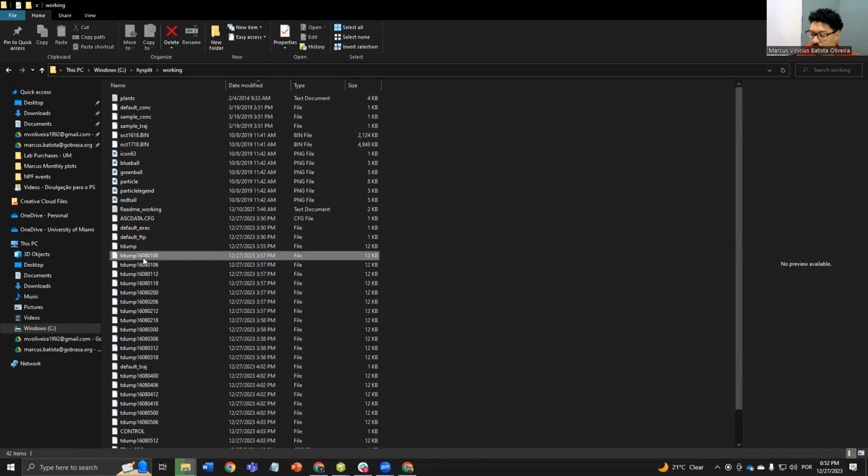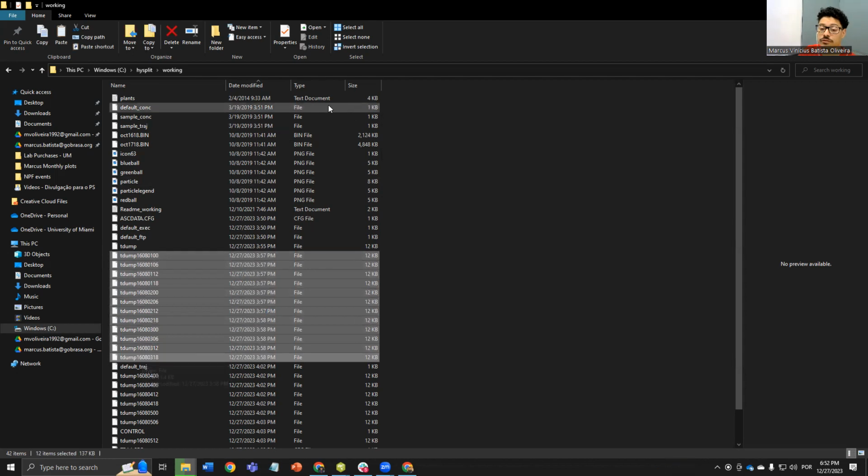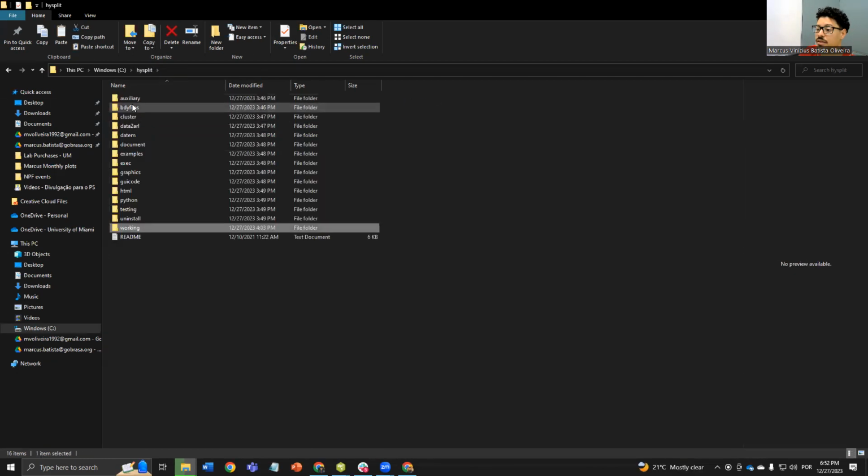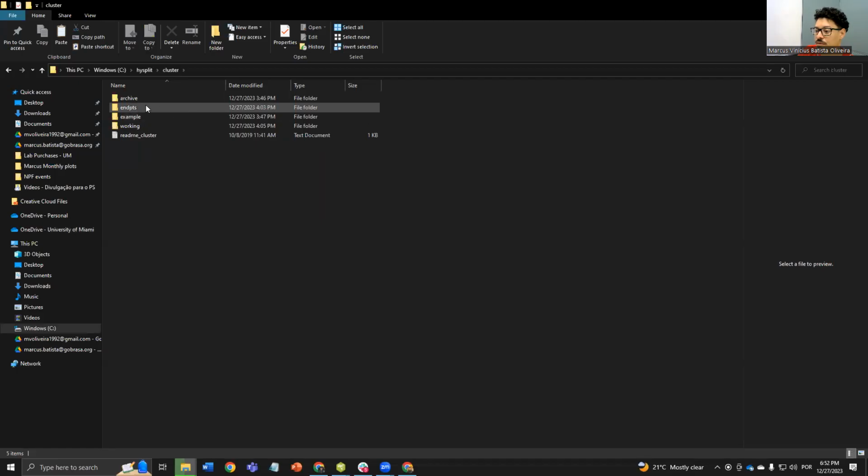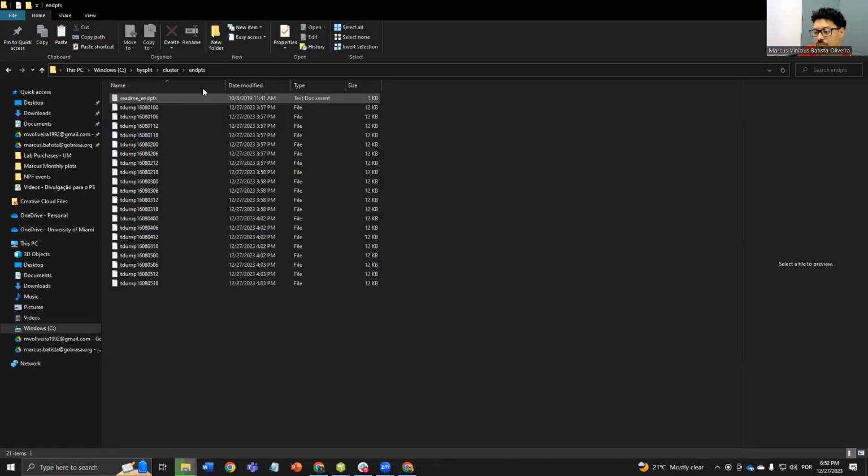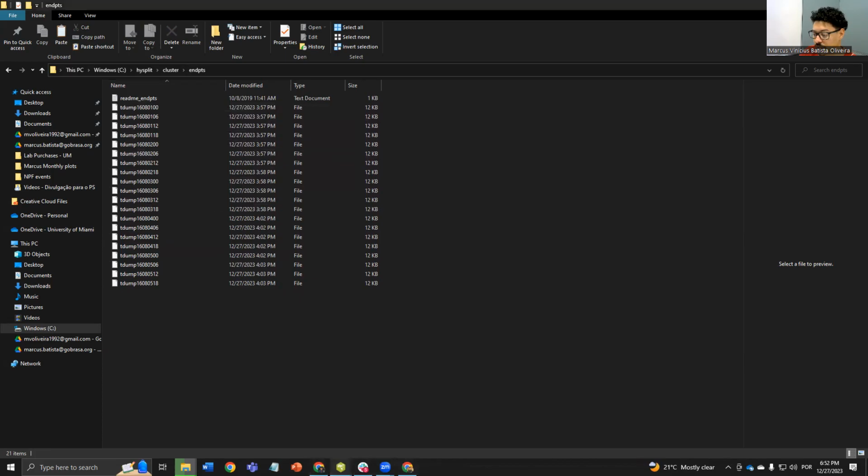So I'm copying the files here to another folder. We go back here, Hysplit, go to cluster endpoints. So I copy the file here, I paste the files here, all the T-dumps are here. So next step would be